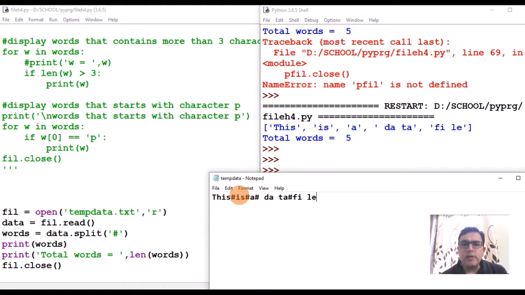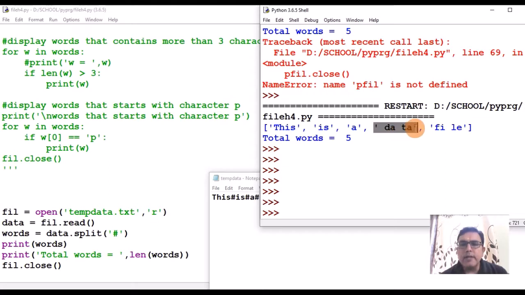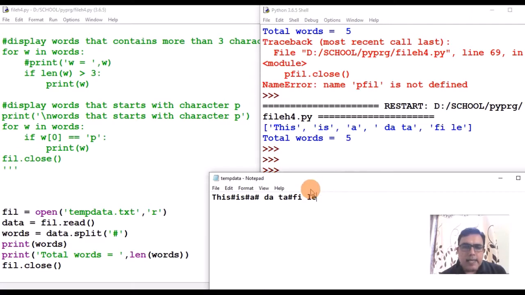Is becomes another word between two hashes. A becomes another word. Now you see this: between this hash and this hash there is a space, D A space T A. So you see this element includes spaces. And F I space L E is treated as the last word.